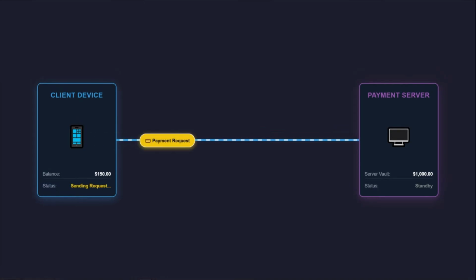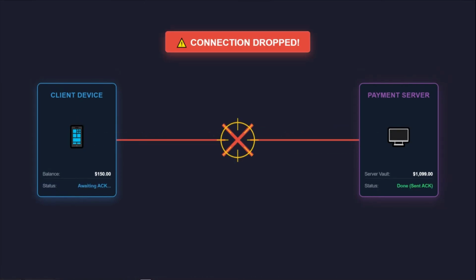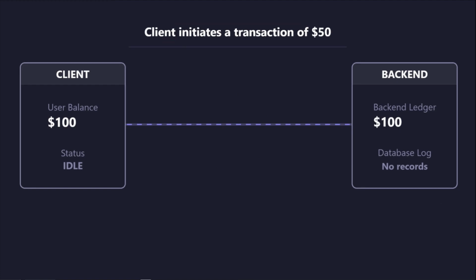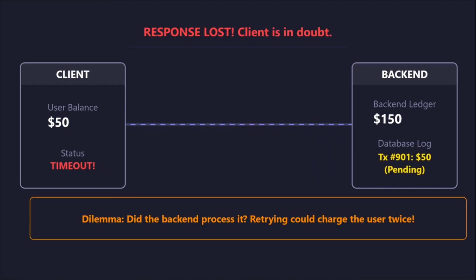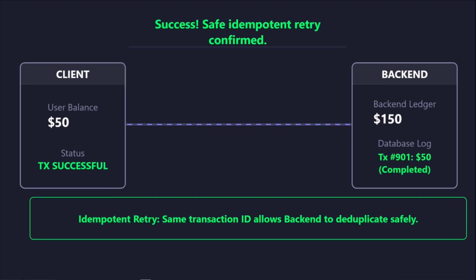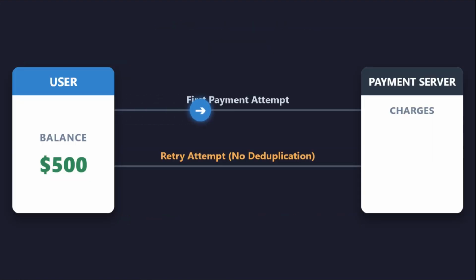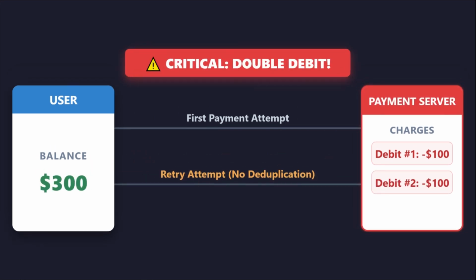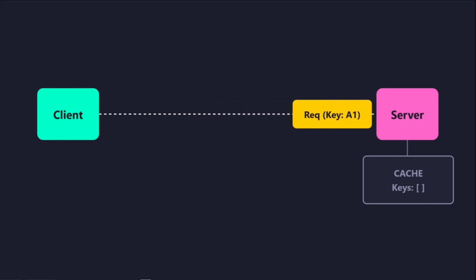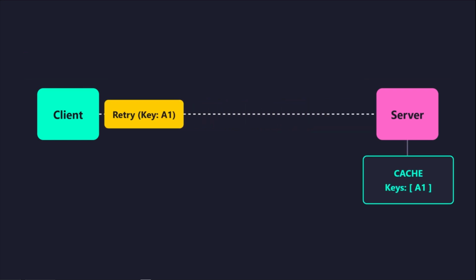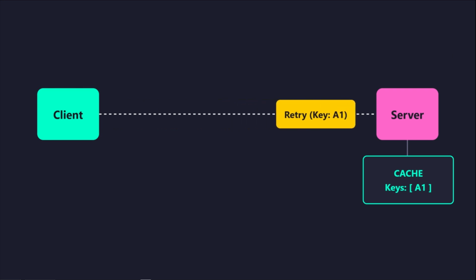A client sends a payment request, but the network connection drops before the server can send an acknowledgement back. The client application then retries the exact same request to ensure that the financial transaction actually reached the backend system. Without a mechanism for recognition, the payment server treats this retry as a second distinct instruction to charge the user money. To solve this, we implement the idempotency key header, which allows the server to uniquely identify every individual request